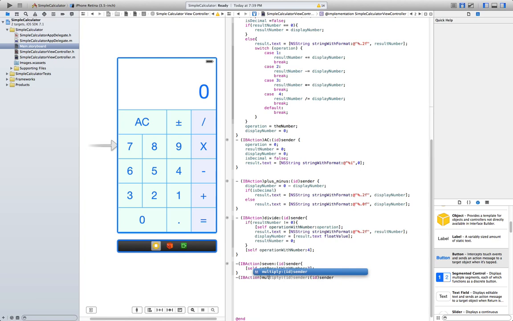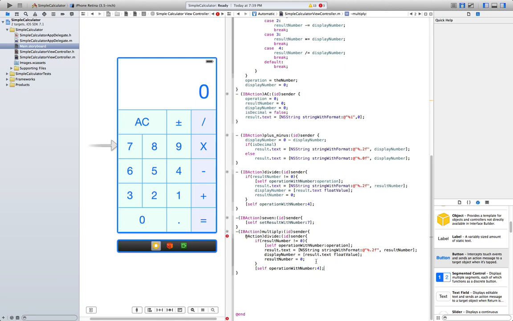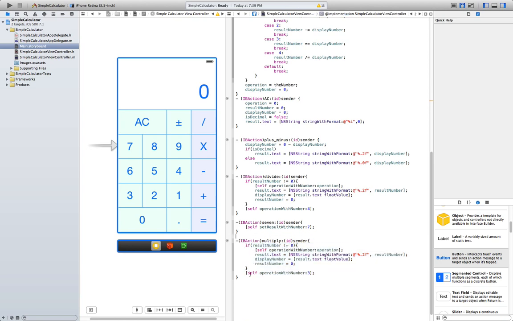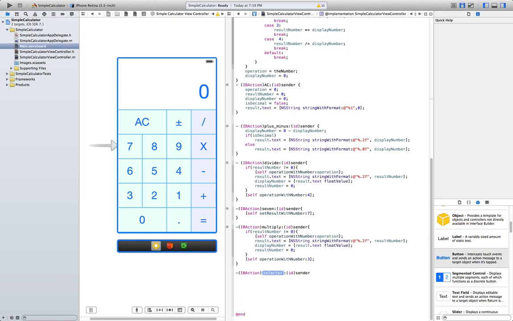IBAction, multiply. And this is gonna be basically the same as we did with divide, so just copy that. And the only difference is that we are going to use a 3 instead in here. IBAction, subtract.